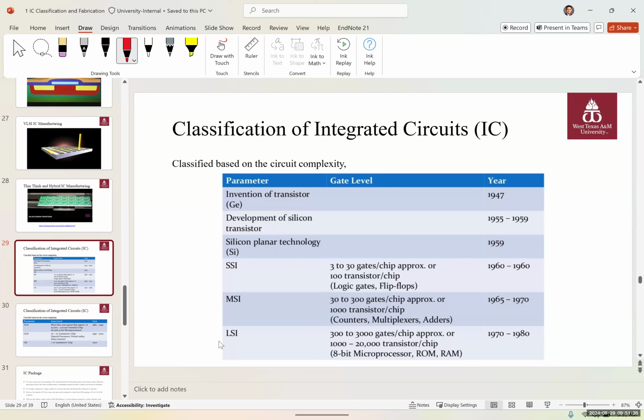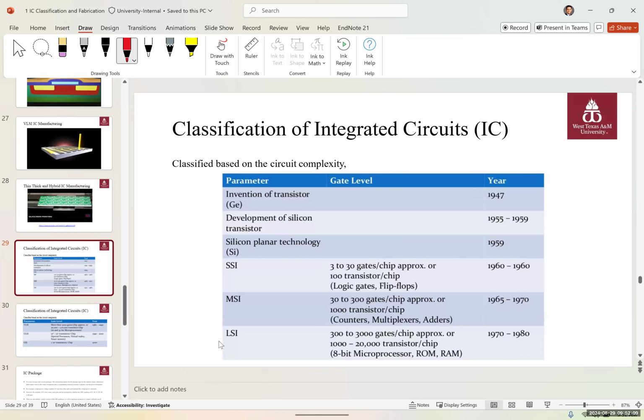SSI was actually the birth of these mass-produced ICs, which could fit 3 to 30 gates or 100 transistors per chip. It was used for logic gates. It was first built by TI and Intel, in the 1960s. Then we had the MSI, medium-sized ones, 30 to 300 gates, around 1,000 transistors per chip, used for multiplexers, counters, decoders, latches, flip-flops. And then we had LSI, 300 to 3,000 gates per chip,